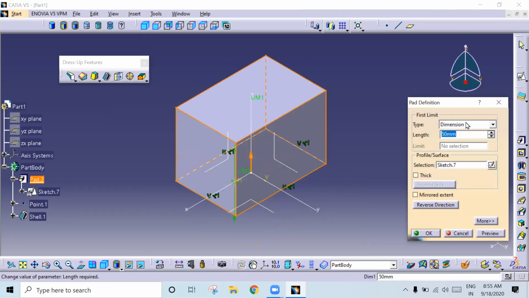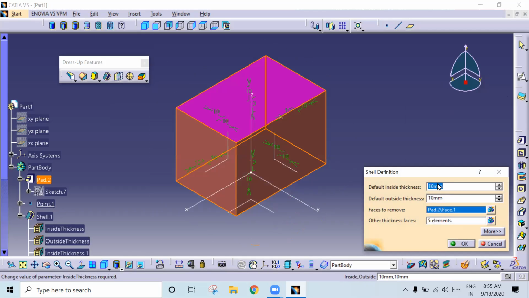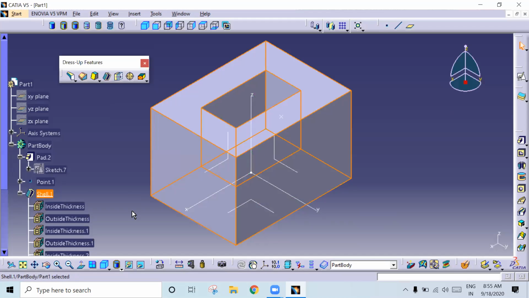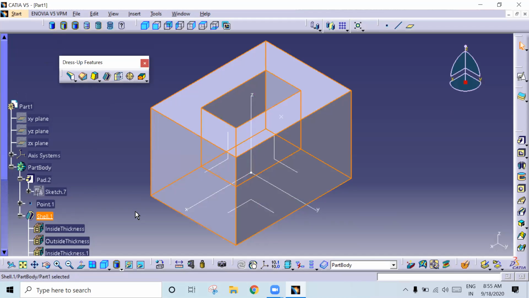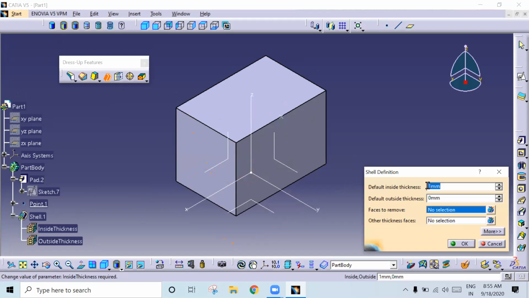So double click on the shell. So I will give 3, 3. You okay? So it won't edit. So shell especially. Okay. So once again I will show you. Select the shell. So give as 3, 3.